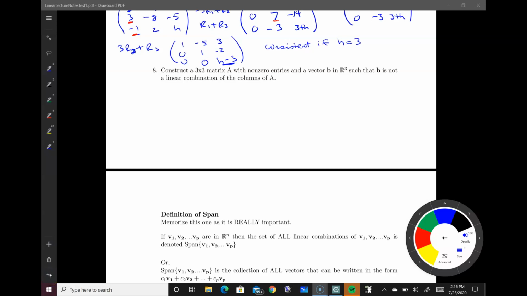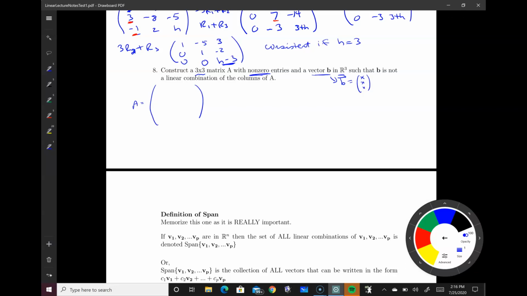All right, so let's talk about you being the creative mathematician to make a 3 by 3 matrix that's non-zero. That means not everything has to be zero. Not that there can be no zeros, but not every one of them zeros. And the vector b in R3, so what that means is b, put a hat on my vector, has to be a 3 by 1 column vector. Okay, so I'm making a 3 by 3 matrix A